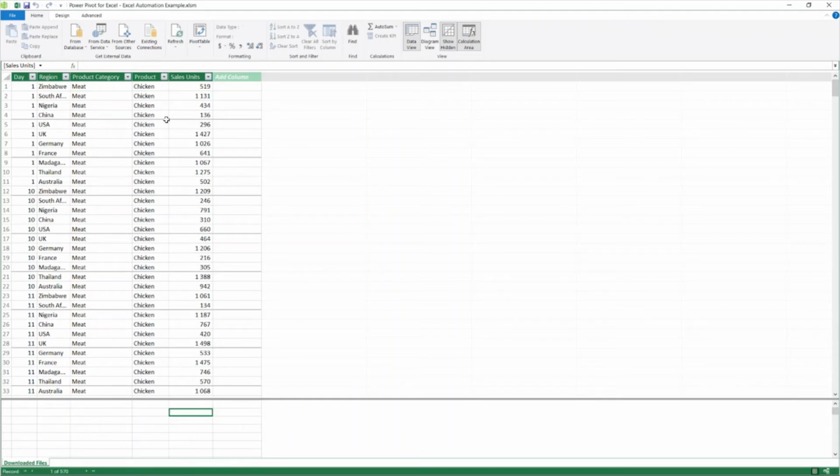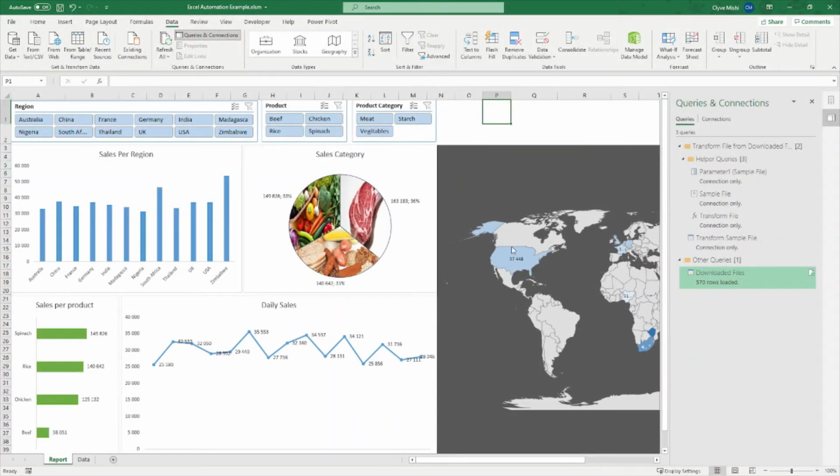So once your data is here, it becomes easier to create a dashboard. You can now create a pivot table. You can create a pivot chart. You can create different pivot charts or flattened tables. So the advantage of using this functionality is that you will see here, I have,